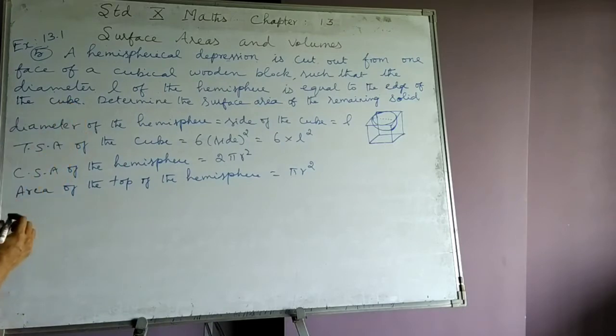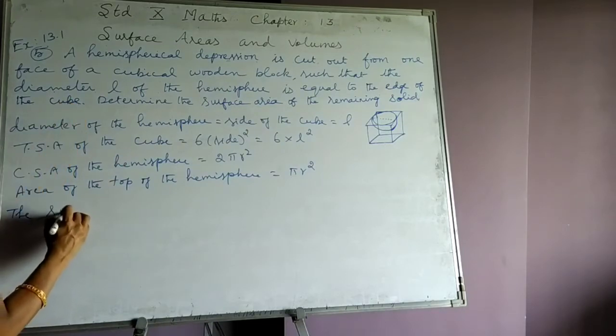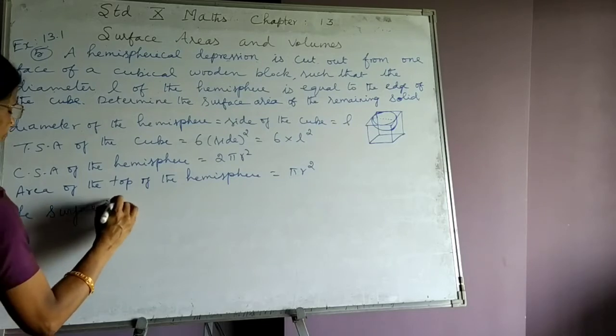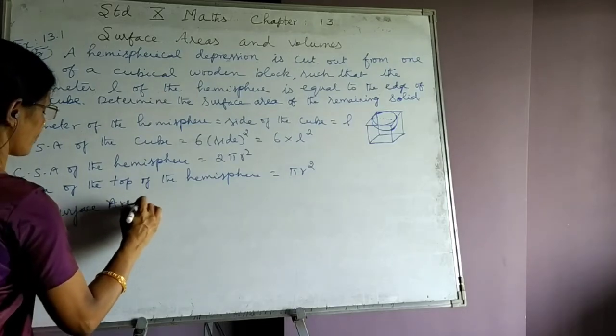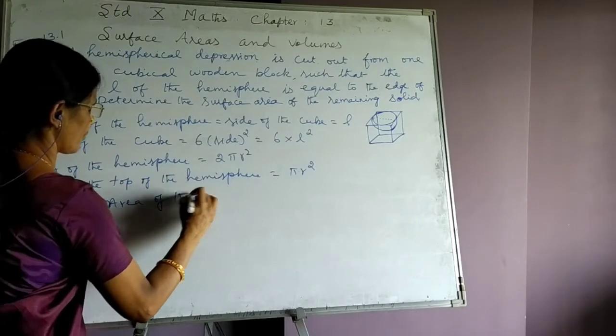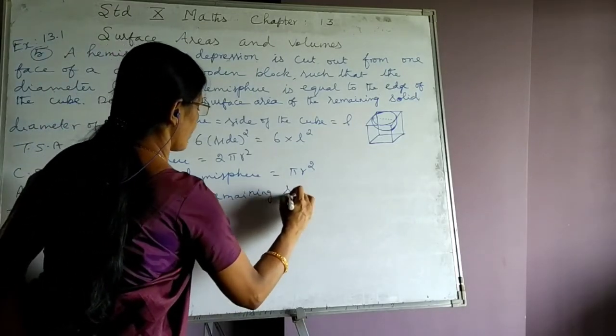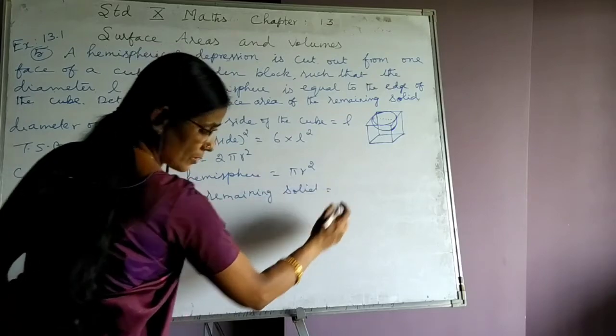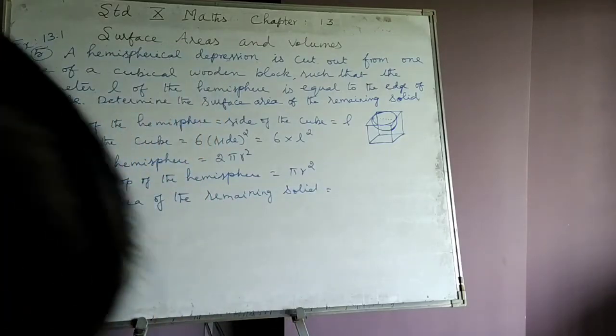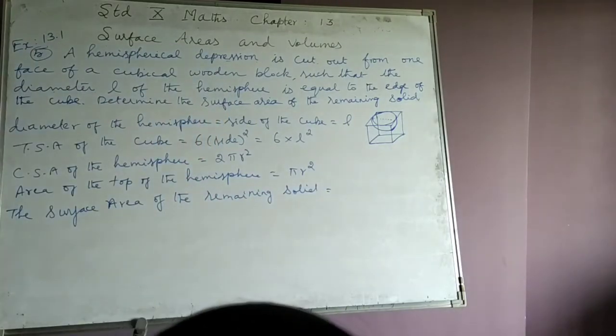So let us find out now the surface area of the remaining solid. The surface area of the remaining solid is